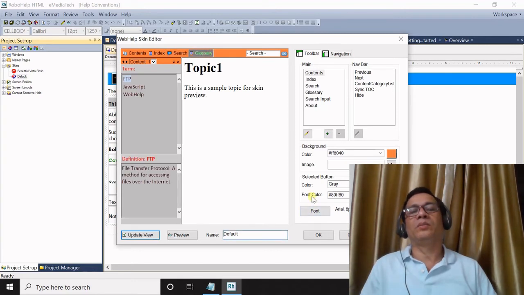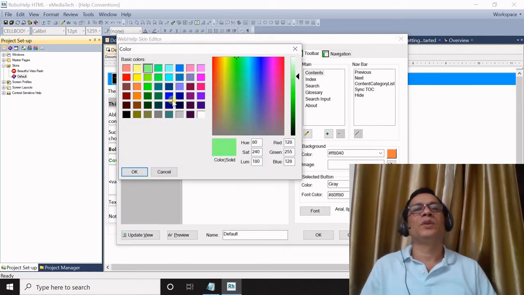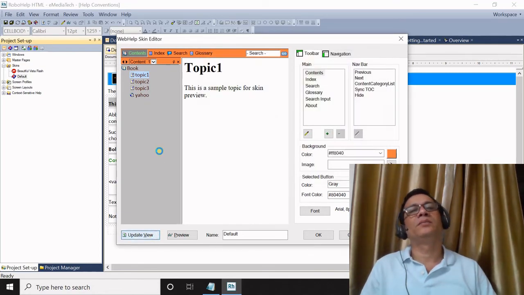And the beautiful thing is that this font color is still this one, so we'll change this to some other color. For example, I'm changing it to this color and we'll update. See this.